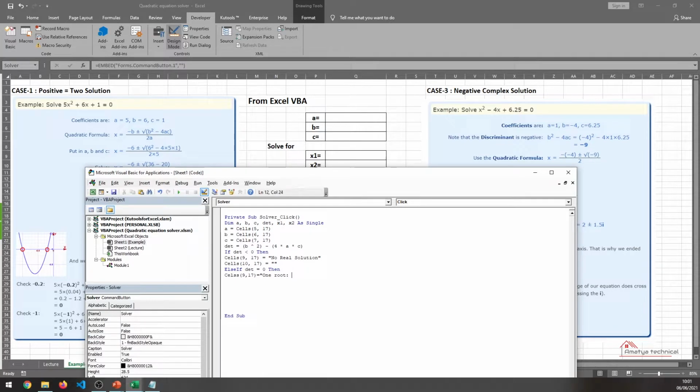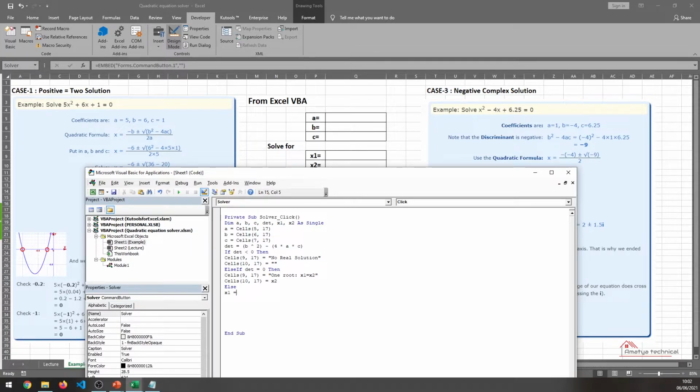This one root will be equal for both. So x2 is the same as this one. This is cell x2. Else, if both the conditions are wrong, then we'll jump to this one, if it is